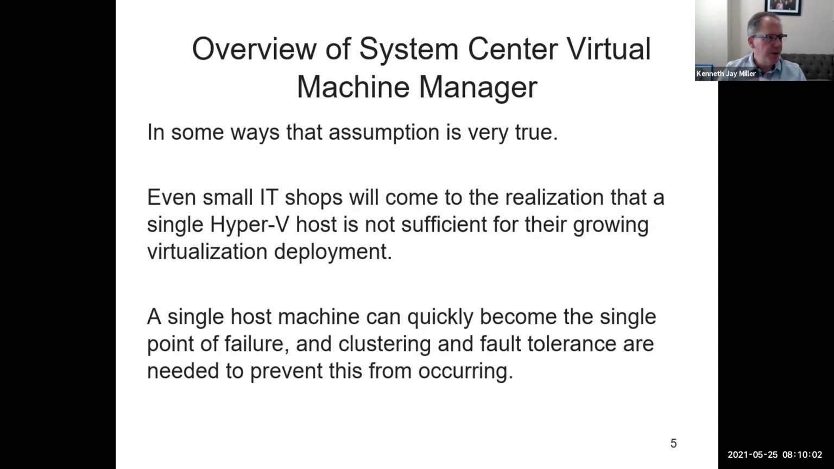Okay, so even small IT shops will come to the realization that a single Hyper-V host is not sufficient for their growing virtualization deployment needs. So a single host machine can quickly become the single point of failure, right? And we've used that term over and over and over in this course. And when we design our environments, we always want to look and say, where is a potential single point of failure, and what can we do to mitigate that? What can we do to minimize the negative impact that would have on our environment? Okay. Now,